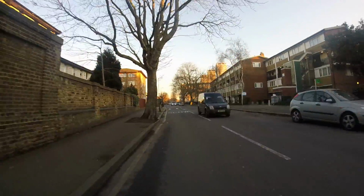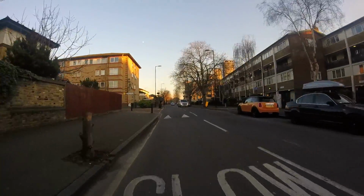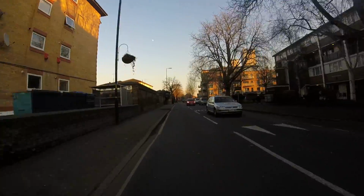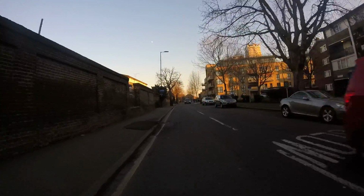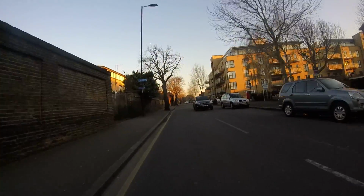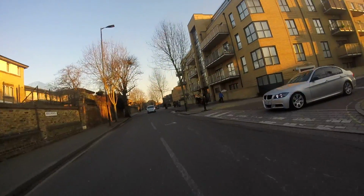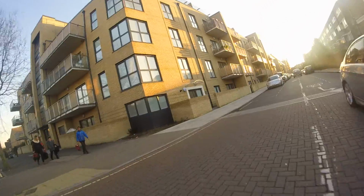Leaving it, heading east, obviously close on the left, no through road, as are all the roads on the north side of Rolls Road. You can't get through to Linton Road via any of them. You've got to go all the way down to St James's Road to get into Linton Road. I'm going right into Cooper's Road,